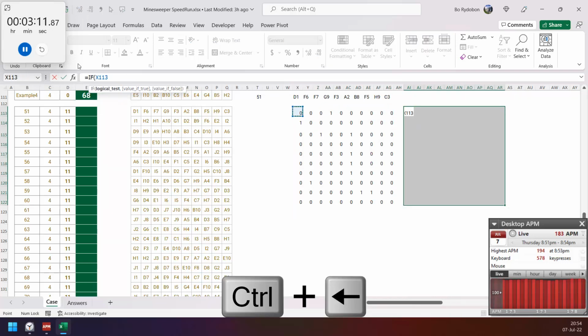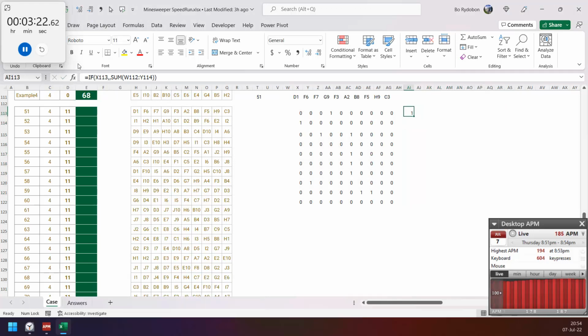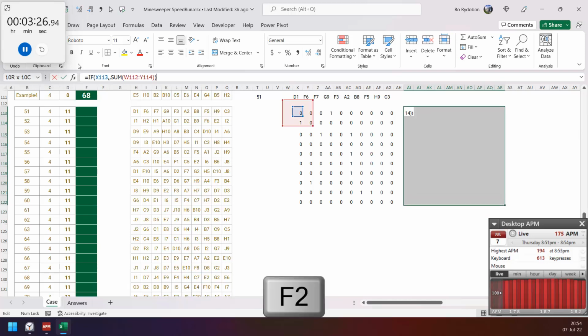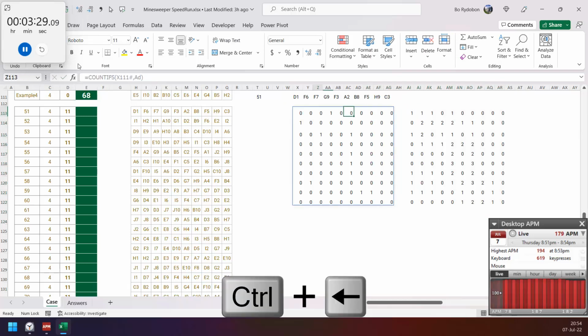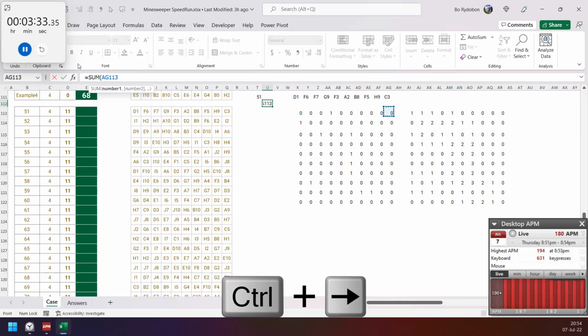So if this is 0, give me 0, if not, then give me the count sum of bombs. Oh wait, to be copied 10 by 10 to enter, then sum everything here.